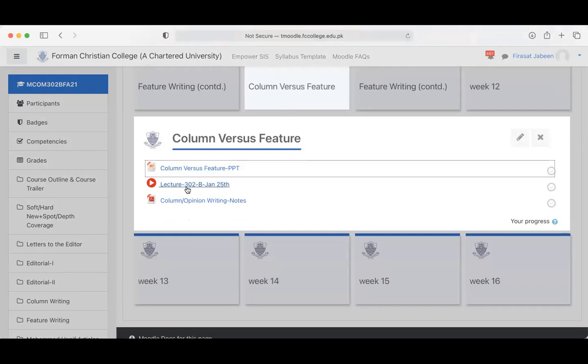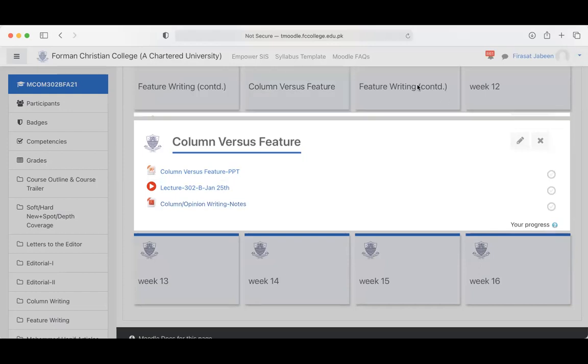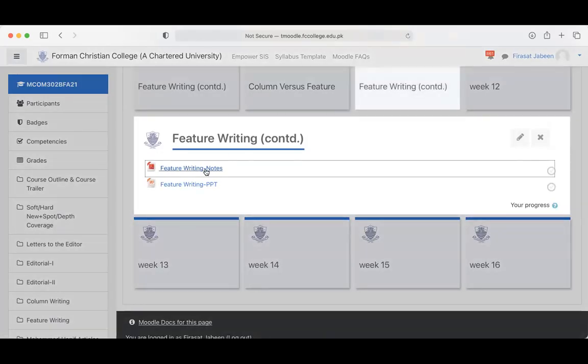This is my lecture from the last class. Actually, in the last class we had a writing session, and this is my lecture from the class before that. These are some more notes. These are actually PDF copies of book chapters. I extracted them from a book on opinion writing, and these notes are specifically on column writing. Then feature writing continues here. These are some more notes. This is again a book chapter on feature writing, and this is my today's PowerPoint slide, and I'll talk